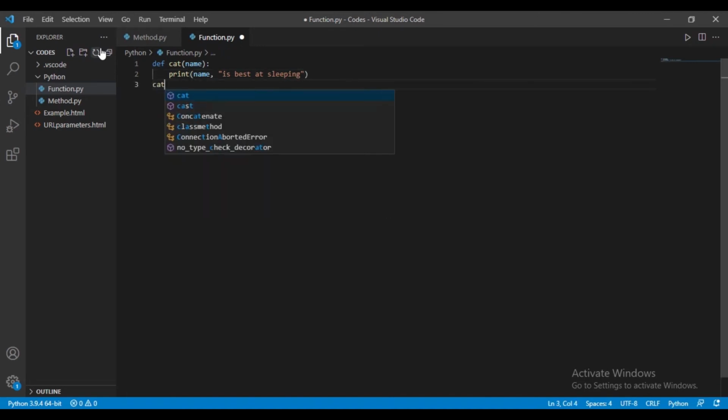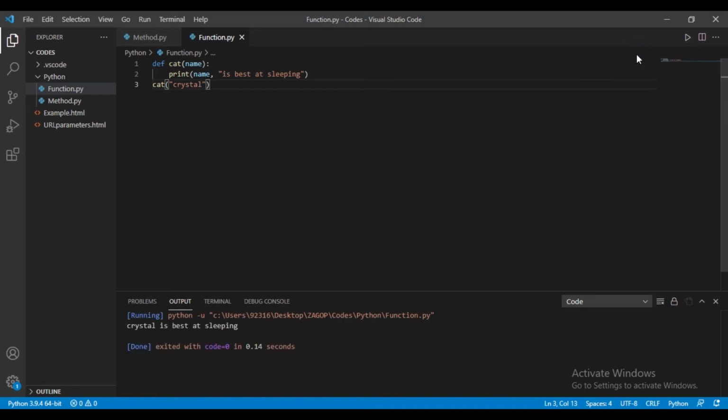Next up we will invoke a function with its name only, that is cat. Now from the output you can see we have invoked a function with its name only and we have not provided any explicit reference. There comes one more thing, that is there are two kinds of function in Python. One is user-defined function and the other one is built-in function.